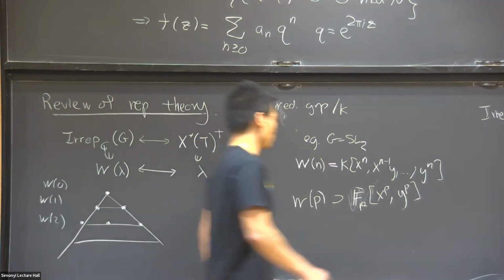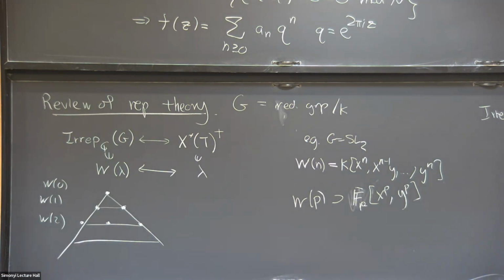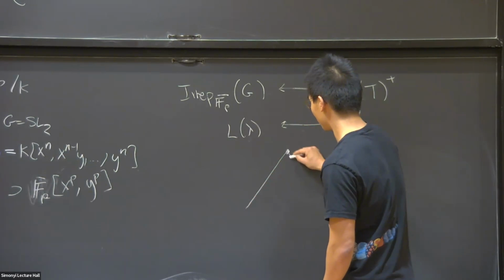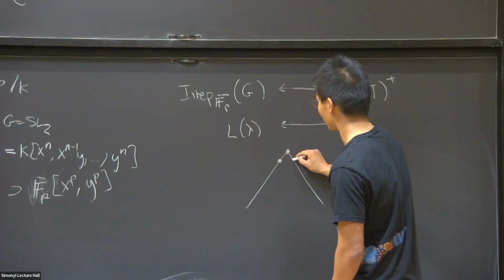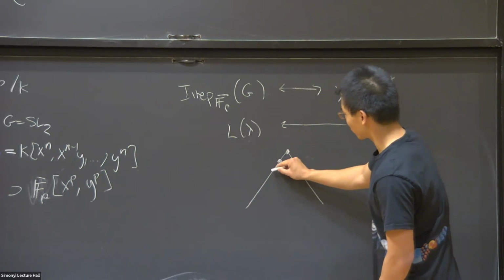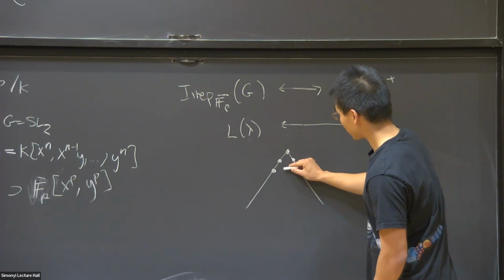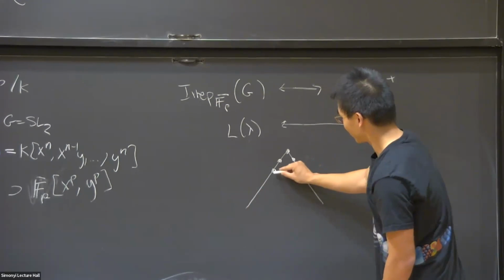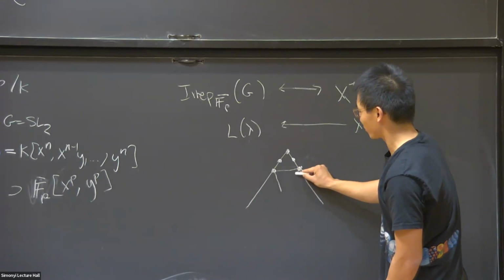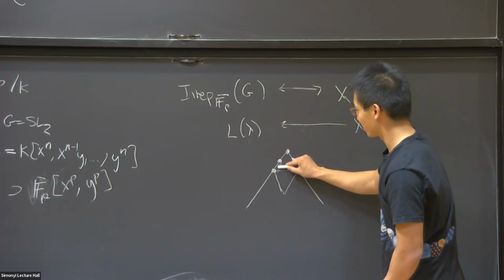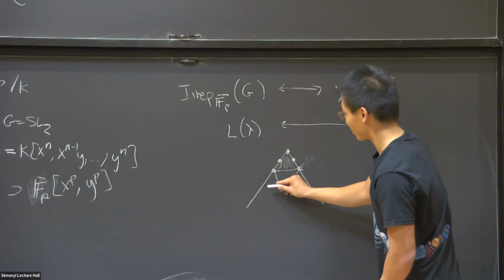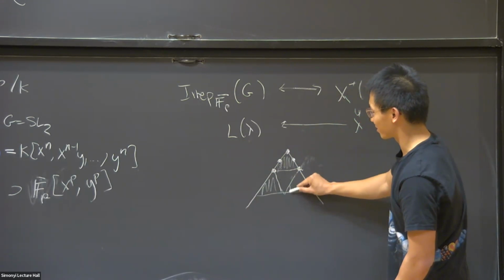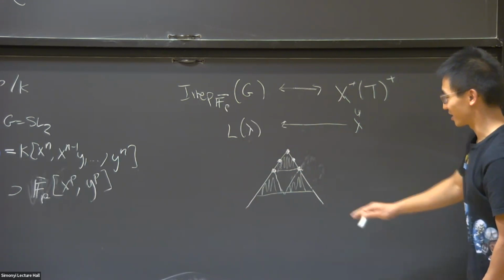In characteristic P, when you do this, it starts out looking the same at the very beginning. But let's say we're doing P equals 2. The trivial and the standard look the same, but the symmetric square is actually smaller than it looked on that side. So in this character table, you have to delete this piece. The beginning was the same as over there, but then you delete this piece and copy the one above it on these two things on the side.